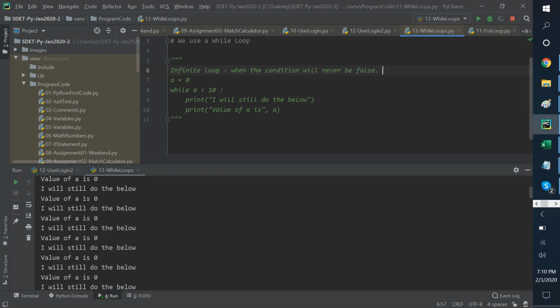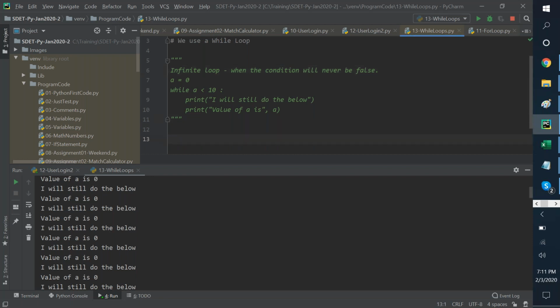Team, don't think that it will go on forever only because it is not decreasing a counter and so on. It's not always about numbers, right? It can even be string comparisons. So an infinite loop is basically when the condition will never be false. If the condition is true, I'll keep on doing. That's the problem with the while.